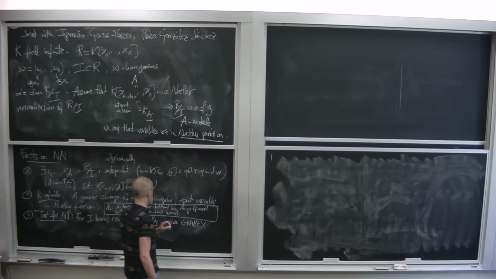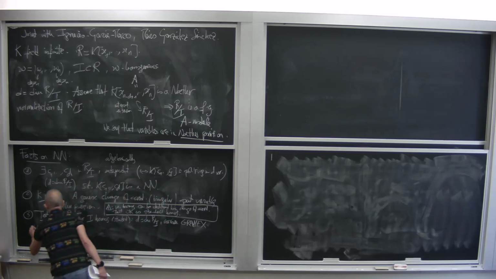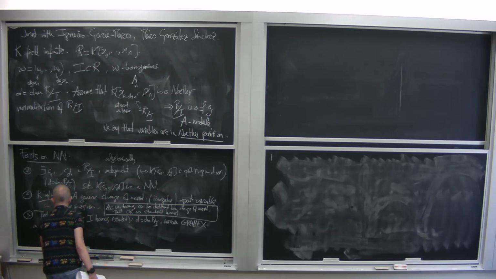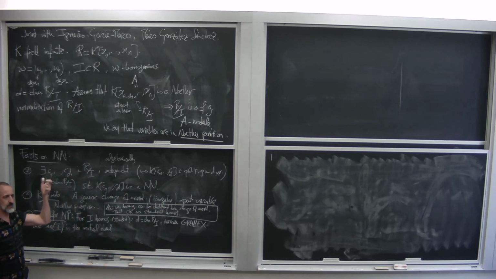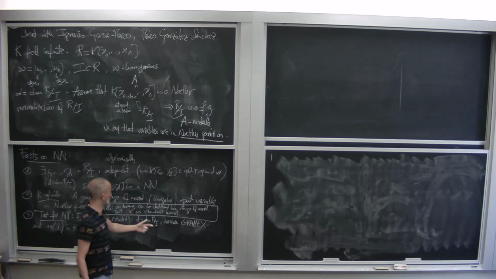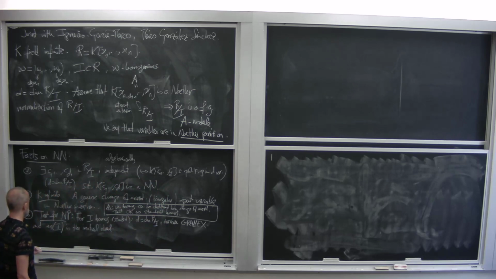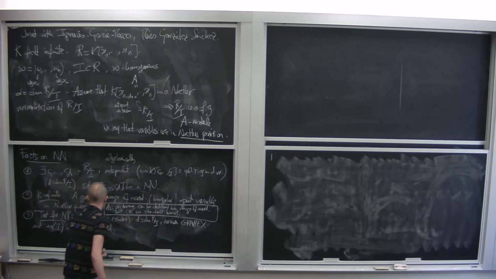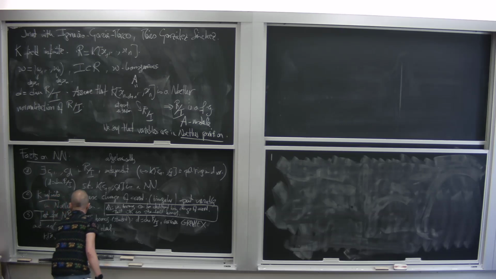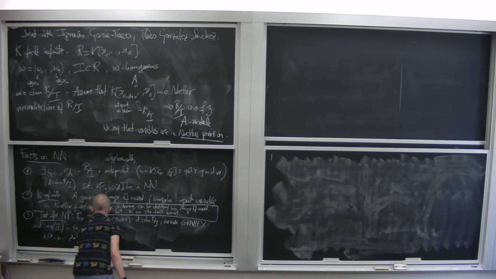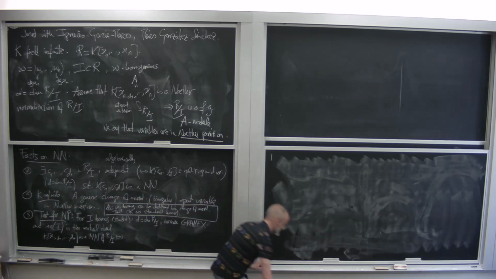So if we consider this order, we denote by in(I) the initial ideal, which is the ideal generated by the leading terms of all the polynomials in I, with respect to this ordering, then K[x_{n-d+1}, ..., x_n] is a Noether normalization of R over I if and only if, oops,